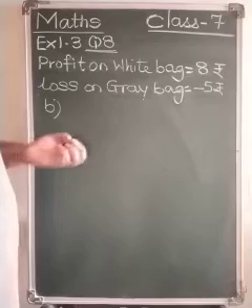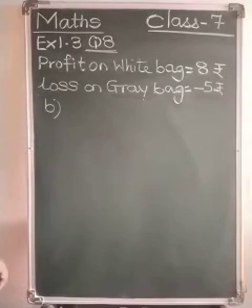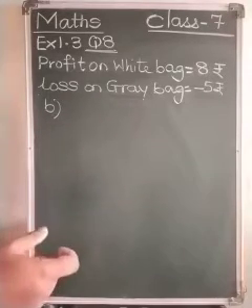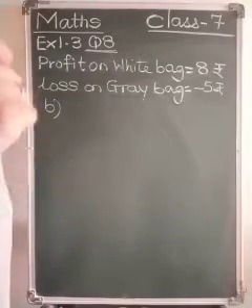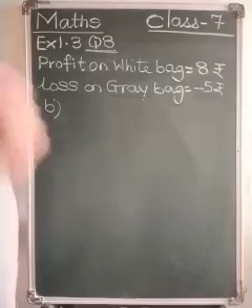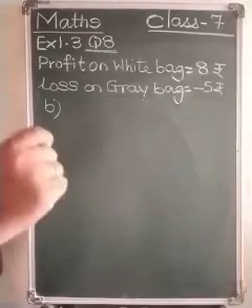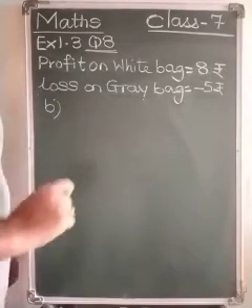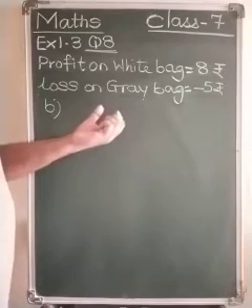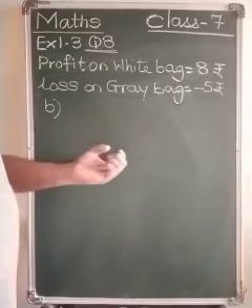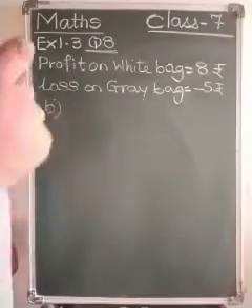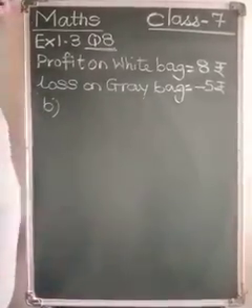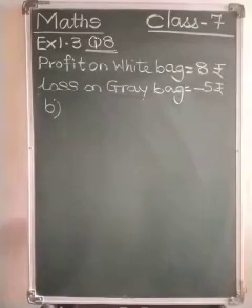Now the way we are going to solve this question is as per our fourth chapter, that is simple equations. About simple equations you have learnt in the sixth standard also. There was an introduction to simple equations in the sixth standard, and here we are going to use that method using a variable. When an unknown quantity is to be found, we use a variable, and using that variable we are going to solve this question. Okay, what information is given?